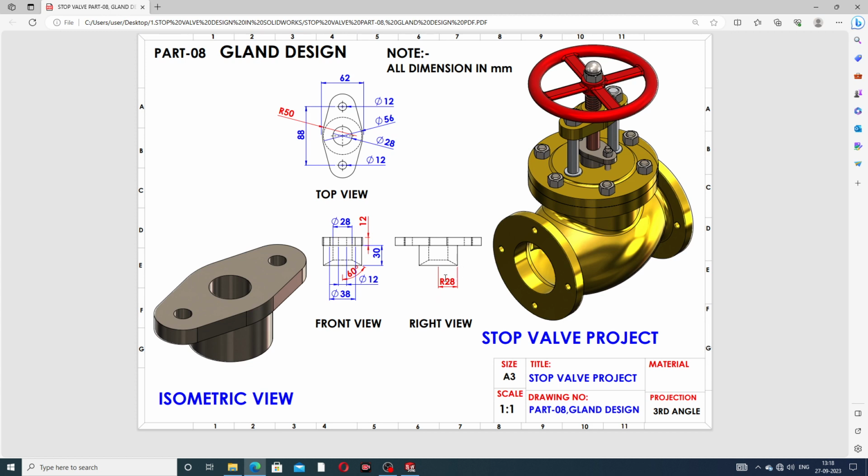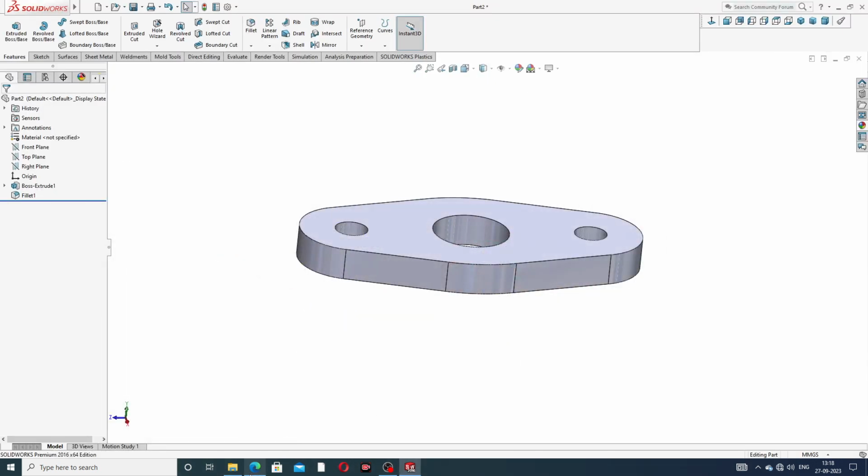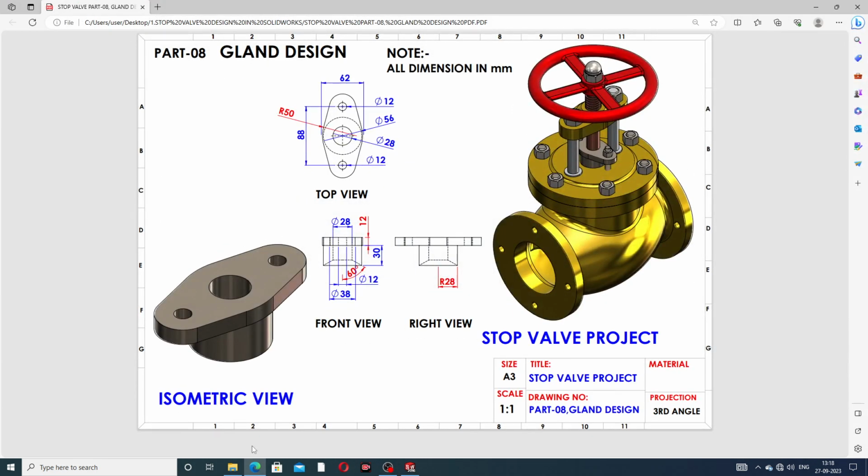This distance is 28 millimeter, and this angle is 60 degrees. Okay, all is perfect, and this length is 30 millimeter.